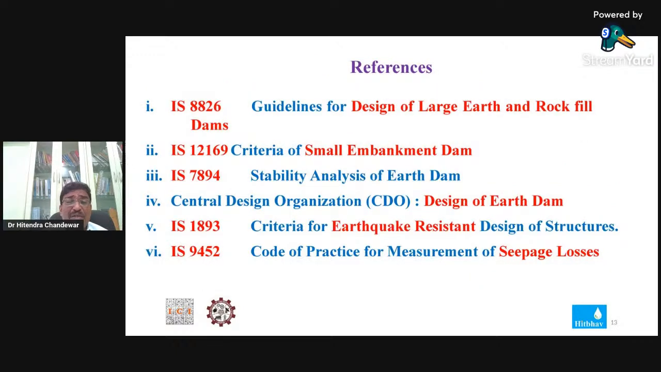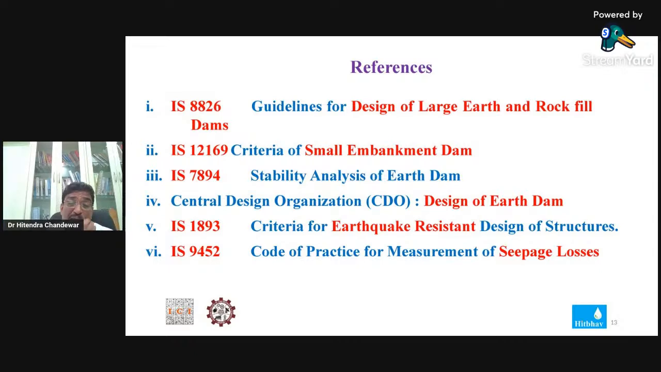Now these are the references we used. One is IS 8826, the guidelines for design of large earth and rockfill dams. Then IS 12169 we have used again for some components, small embankment dam. Then IS 7894. Then we have used the guidelines of the Central Design Organization of Government of Maharashtra. And then IS 1893, the regular code for earthquake design,